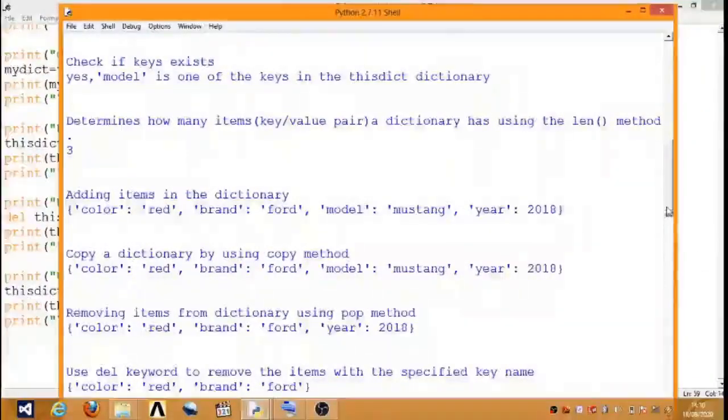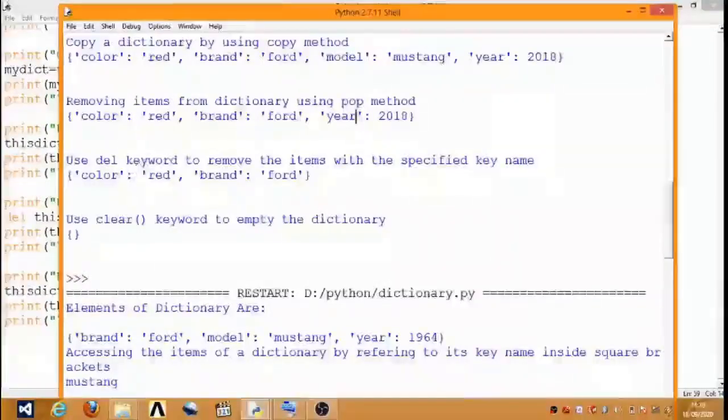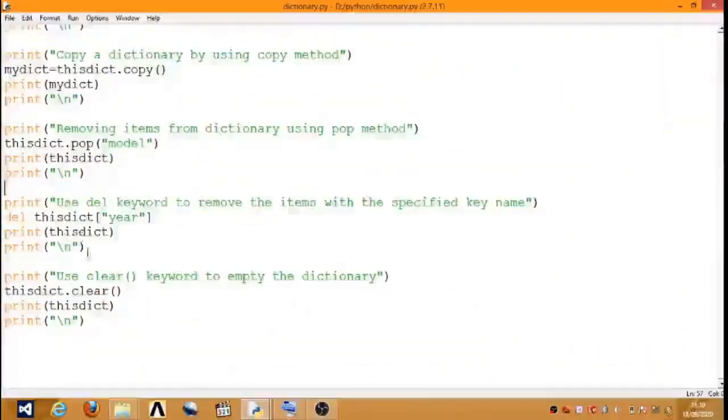So here color is there and brand is there. So here year is not there. So here they removed the item with the specified key name year in our dictionary.